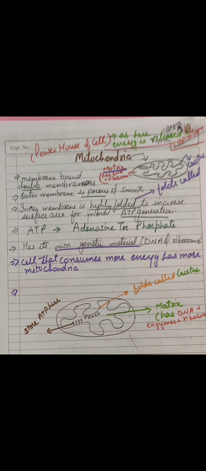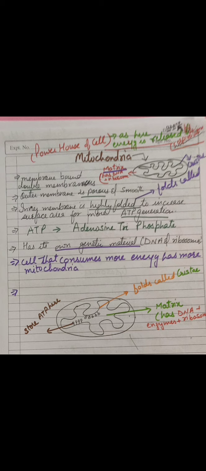You can see that I have made small structures on the inner folded membrane, and these structures contain the ATP. In the center of this folded membrane, there is a place where a fluid substance is present. Better to say ground substance. Ground substance means the place where the action in the mitochondria occurs. If the breakdown of food is to occur, or the energy is to be released, it is this place. So it is called the ground substance, for which the name is matrix.